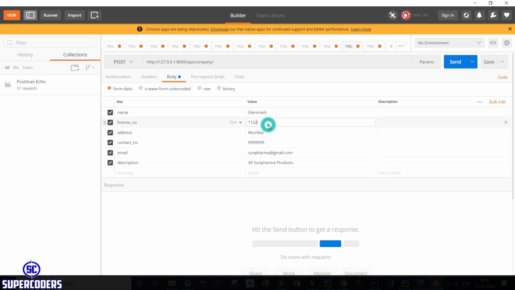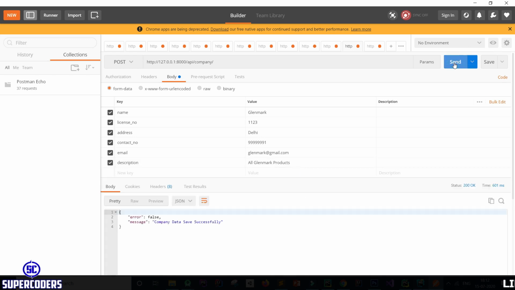Company name, license 1123, Mumbai to Delhi, 9981, and status, change this to Glenmark, all Glenmark products. Now send. Let's see what happens if I send.